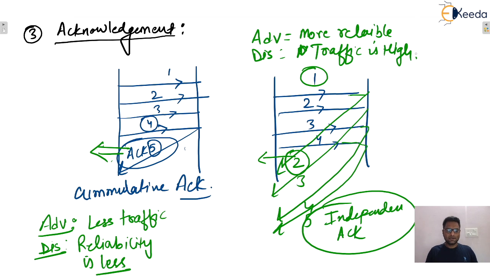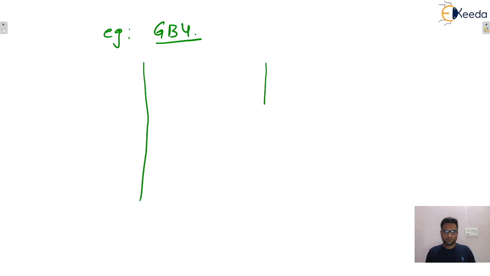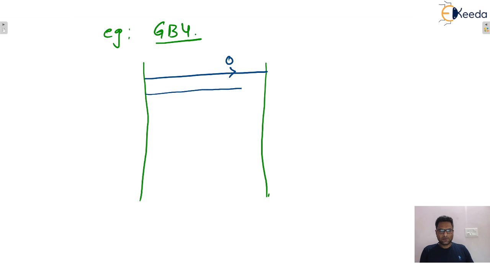Okay, so let us take one more example. Let us consider a scenario with GBN 4, meaning sender window size is 4 and receiver window size is fixed at 1. Now listen to me correctly guys, that is an important concept. Let's say the 0th packet gets transmitted, then the first, then the second, then the third packet gets transmitted. And let's say there are timeout timers at the sender's end.